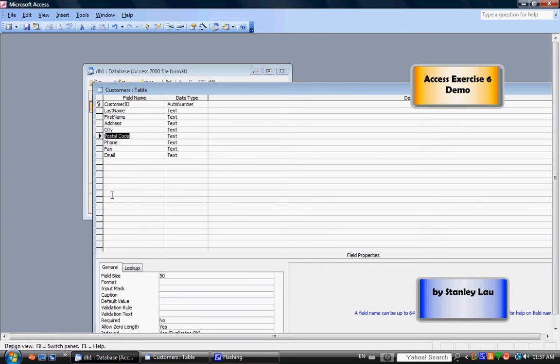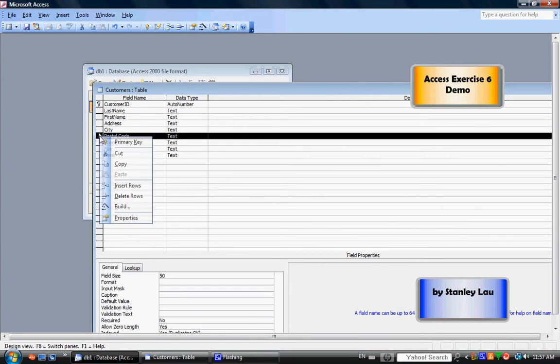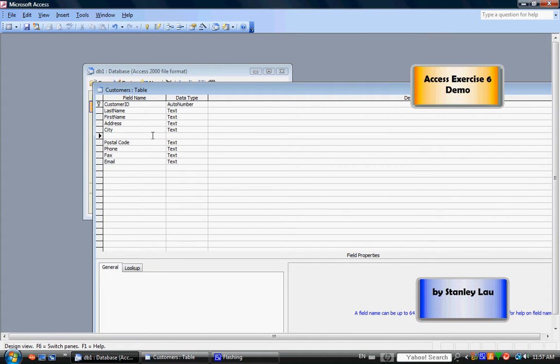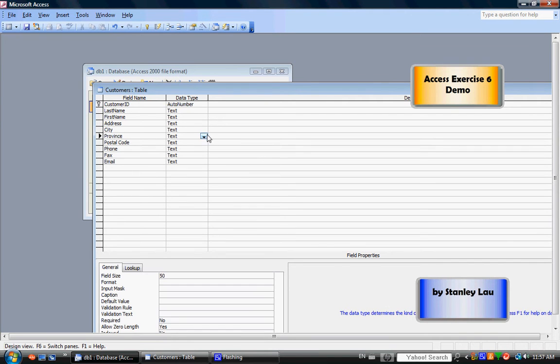Or if you're missing something, you can click here, right mouse, and insert. So I'll just retype the missing province. Okay. When you're finished redesigning the table, your table design should look exactly the same as Exercise 6 Sample